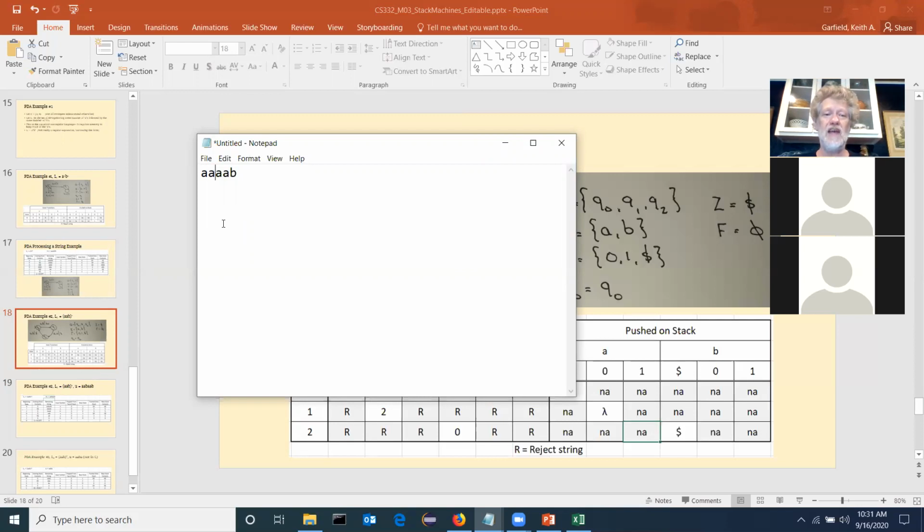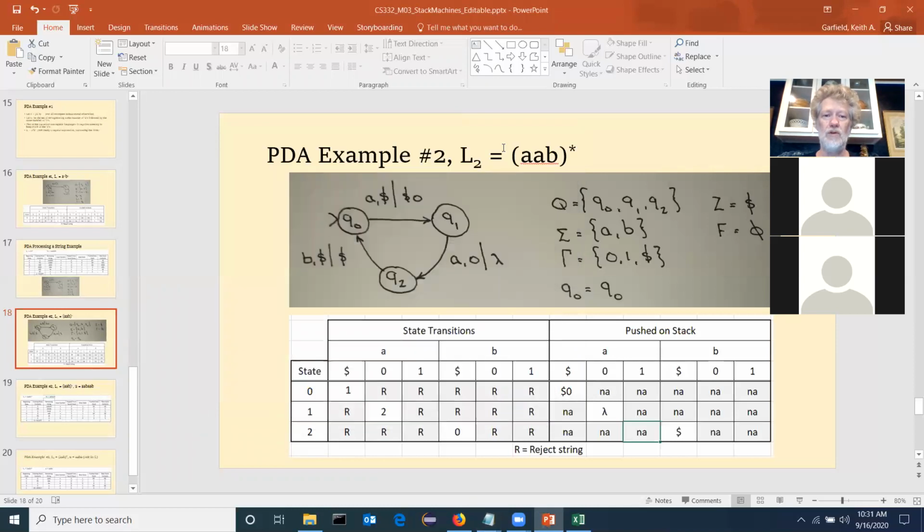So that when I see A with 0 on the stack, I know to remove it, and I go to a new state. And in that new state, I'm not allowed to see any more A's. I can only see a B. So you're using this combination of state transitions and stack content to set the boundaries for this thing. So that's why, when you look here,